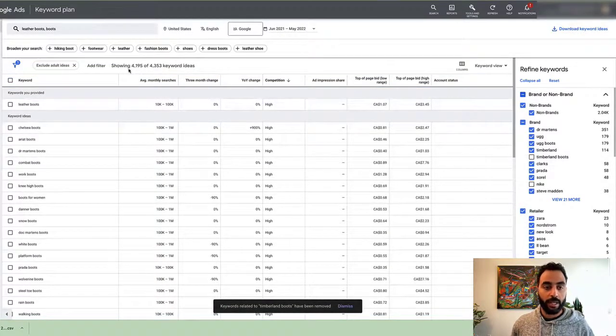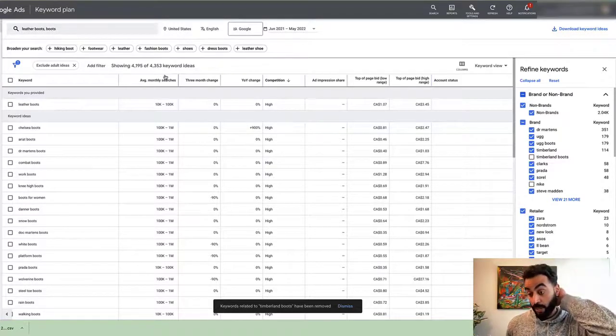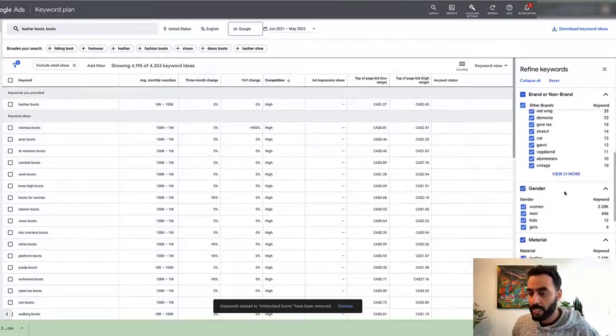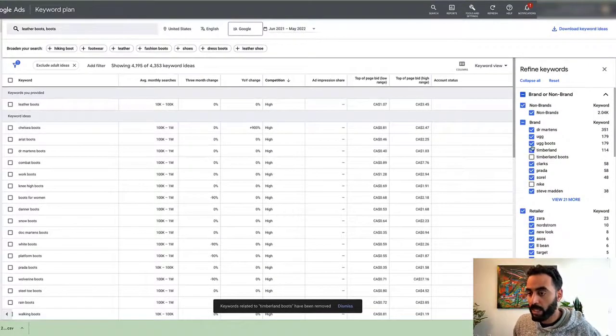Just look at the keyword ideas showing, it dropped from 4,553 to 4,195. So you just go through these and eliminate the ones that you don't want,